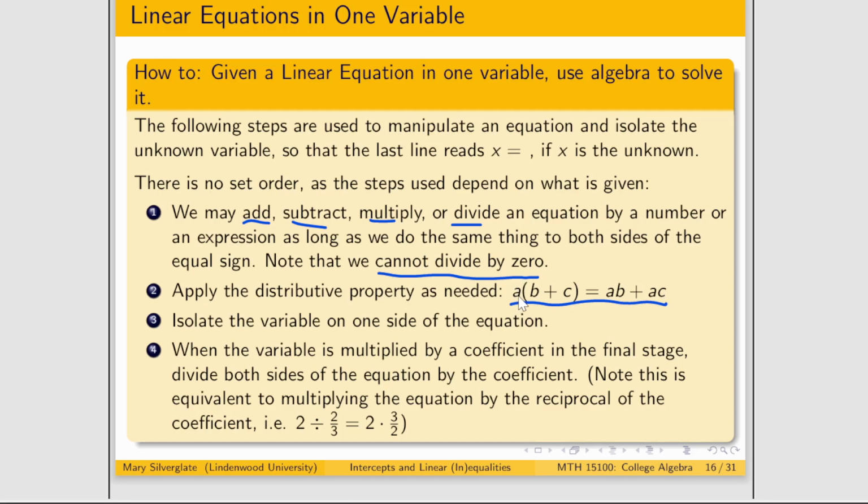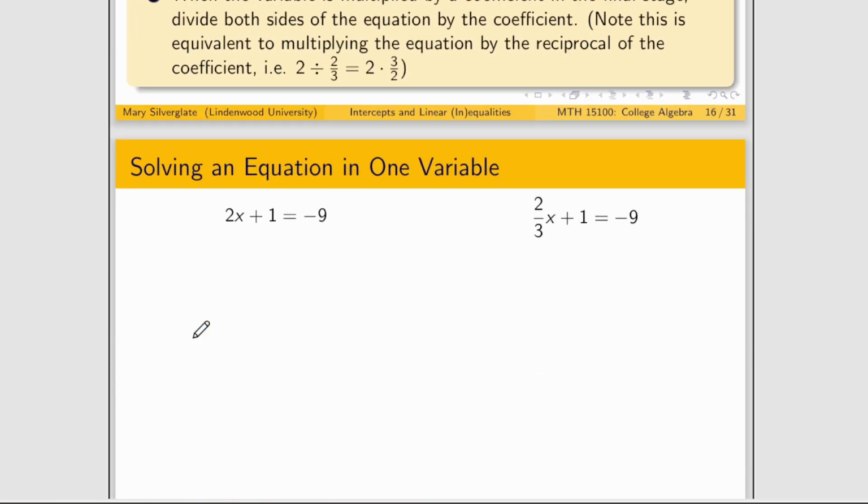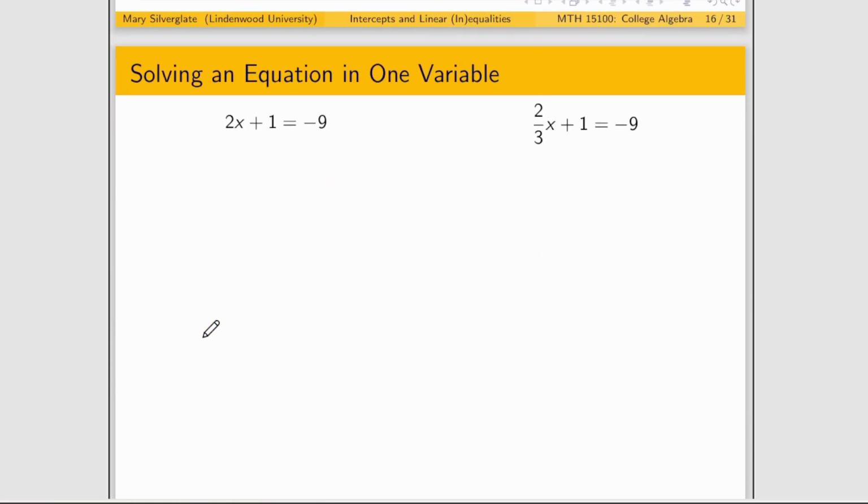Because if you have a times something in parentheses, that really means that you can just distribute across those parentheses and keep that addition there in the middle. And the goal, again, is to isolate a variable on one side of the equation. The shorthand of how I would think of these steps is if you have a two-step equation like this, you really want to be thinking first you want to undo addition and subtraction, and then you want to undo multiplication